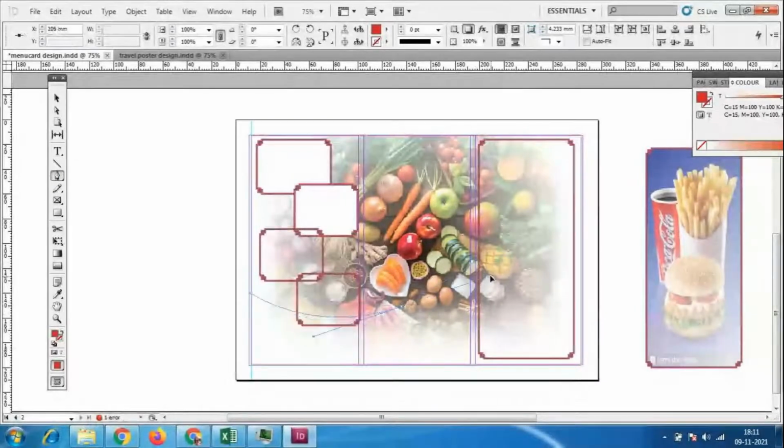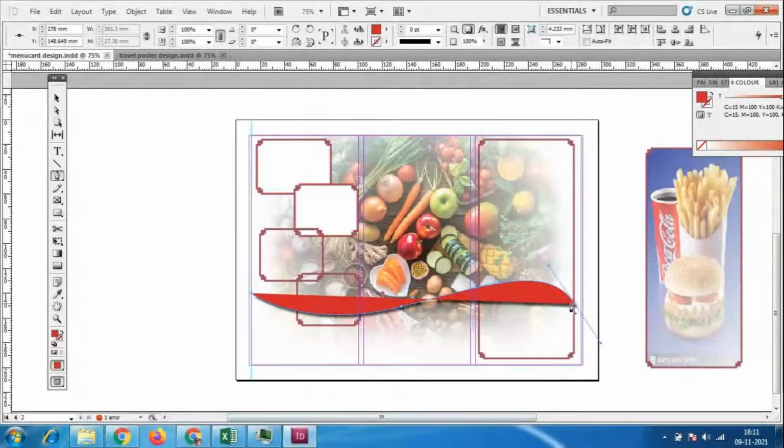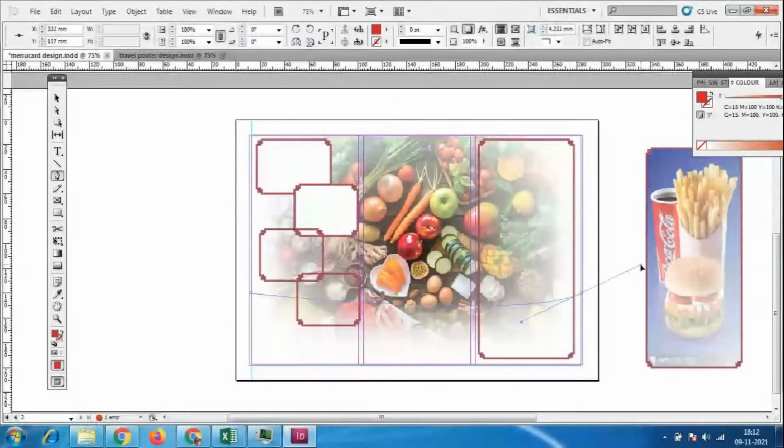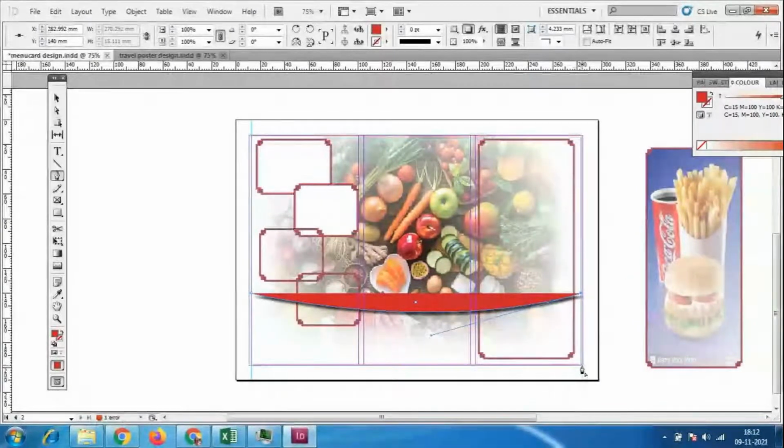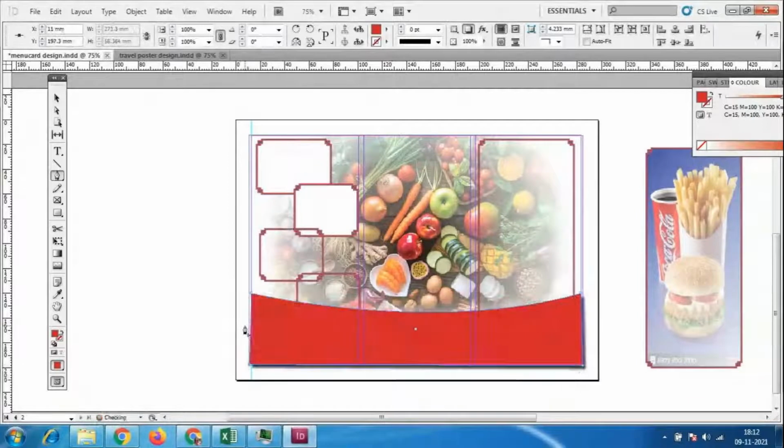So something like this you can make a design. So like this we could add the.